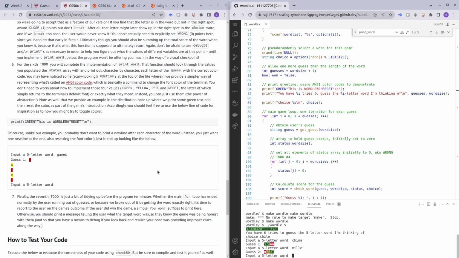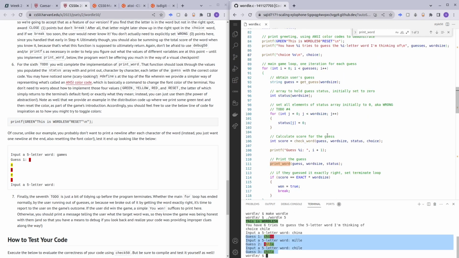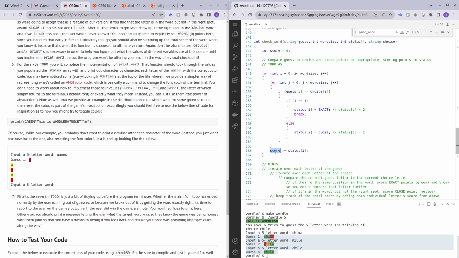So now moving on to to-do number 7, our last and final to-do, right? So for to-do number 7, it's actually gonna be either printing you won or you lost to the user, right? Okay, but before that, let me just actually type out chili. Okay, and it ends. So that part is working correctly. So this is just checking if my score was calculated properly, because if all of the statuses are exact, the total score is gonna be equal to 10, because we have 5 letters and 2 points for each letter is gonna be 10. So it seems to be 10,